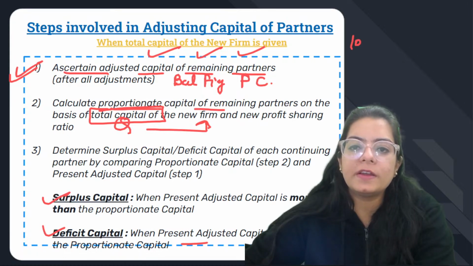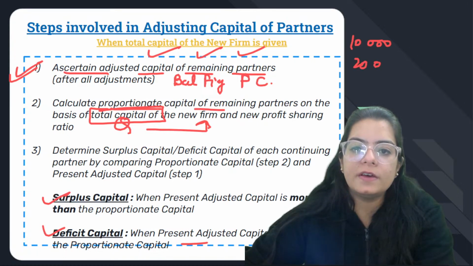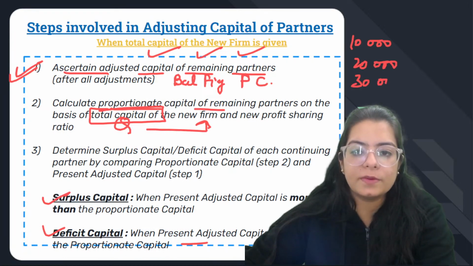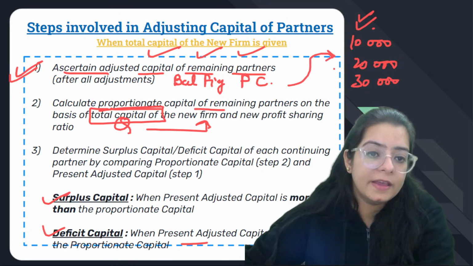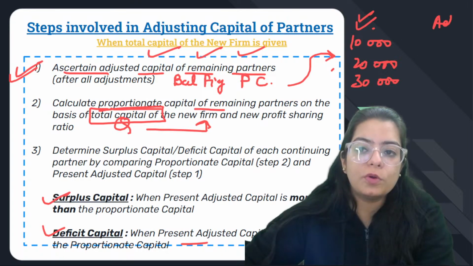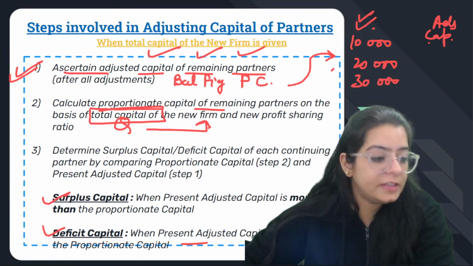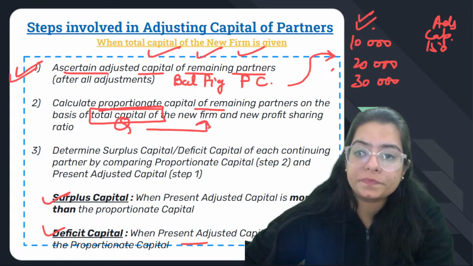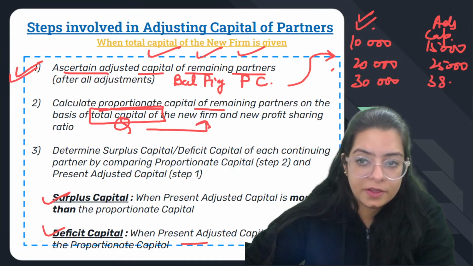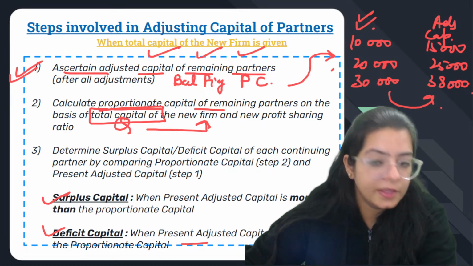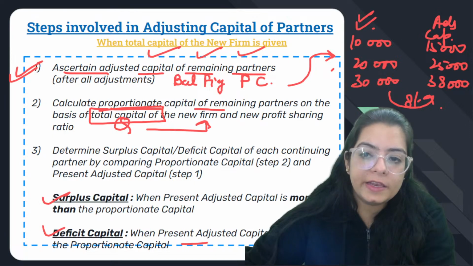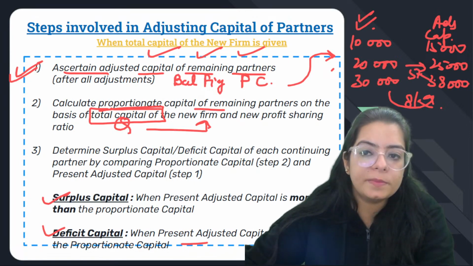मान लो कि बैलेंसिंग फिगर आई 10,000, 20,000, 30,000। दिस इज व्हाट दे गॉट एज द बैलेंसिंग फिगर कि ये हमारे पास पैसा है। हमें चाहिए जो कैपिटल, उसको बोला जाता है एडजस्टेड कैपिटल। हमें चाहिए कैपिटल मान लो 15 और 25 और 38। सो जो कैपिटल चाहिए उसके लिए हम फिर कैश पार्टनर से मंगा लेंगे कि जो भी पार्टनर है इसको 8 के लेकर आना पड़ेगा, इसको 5 के लेकर आना पड़ेगा, इसको